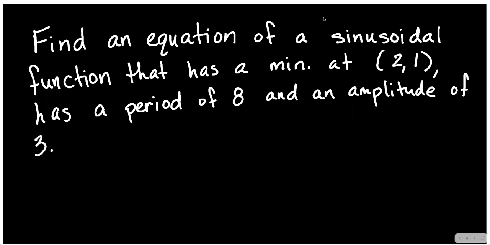Okay, we're going to try and find the equation of a sinusoidal function that has a minimum of (2, 1), has a period of 8, and has an amplitude of 3. We've got several different conditions, but first thing is, if this is a sine function, we know that they generally